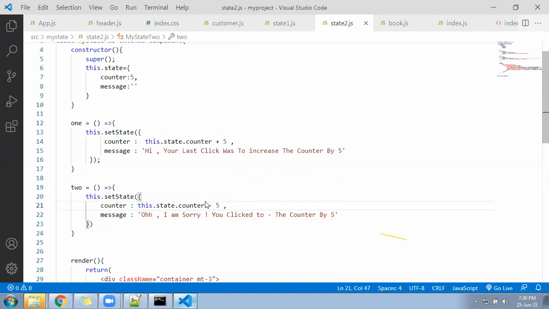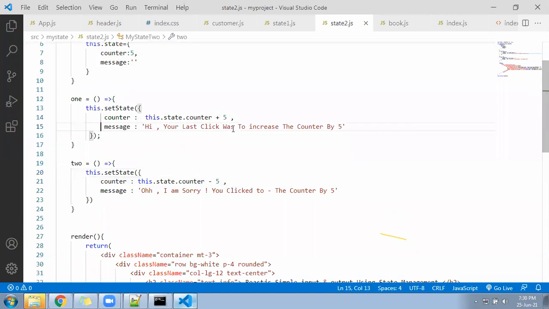So we got two variables. Sorry, the variable is only one, but we change the message. One place the message is different, another place the message is different. One place under the counter you are incrementing, another place you are decrementing. As soon as you do any changes under the state variable with the help of setState, render will not wait. Render will say no problem, you modify the value, I will execute in the last, and whatever modification you have done, I will display inside the page. Okay, that is happening. So please modify this.